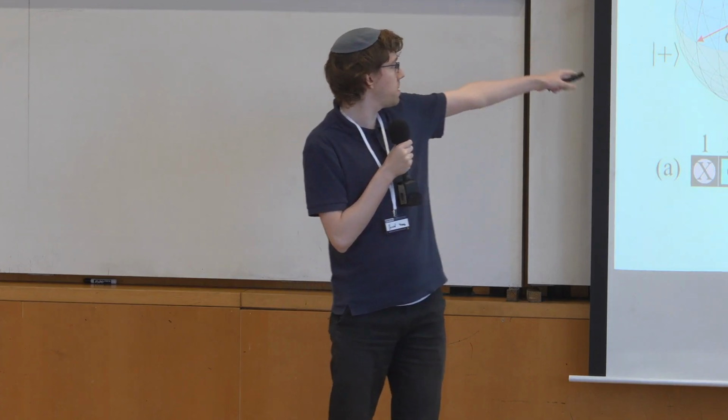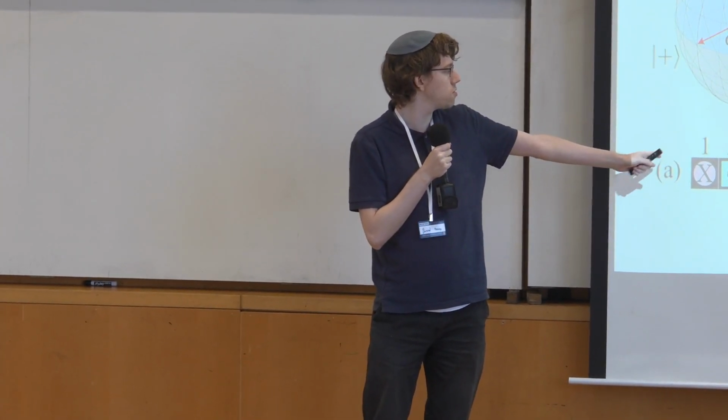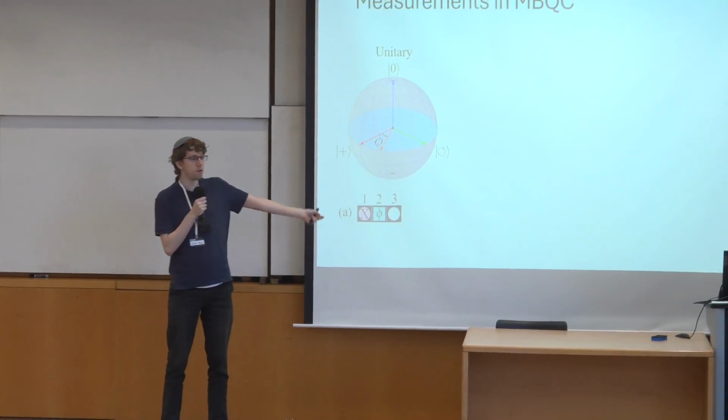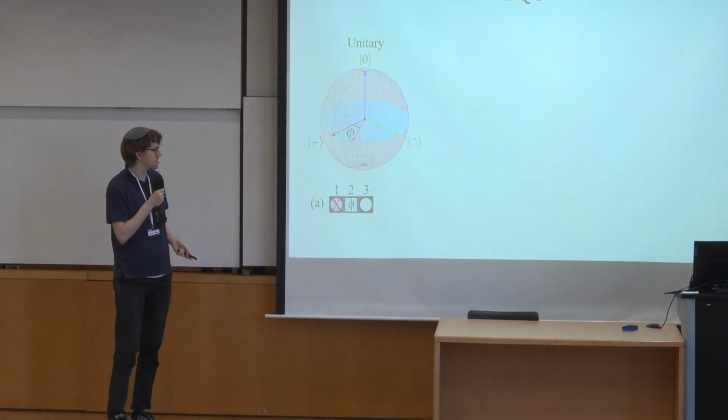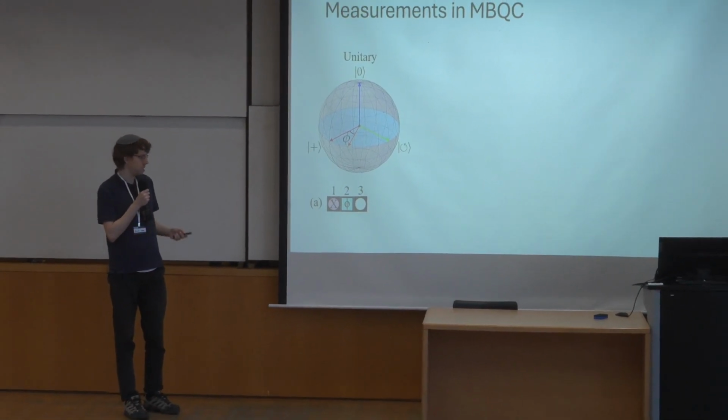Okay, so I'll cover the imaginary time evolution protocol to explain an example of how we use the non-unitary gates. First, let me show them. I don't want to prove how we got this, but if you measure in this XY plane as I explained, you get unitary gates. So for example, this is a simple rotation. It will take the input in 1 to the output at 3 with some rotation around, I think, the z-axis, e to the minus i phi z or something like this.